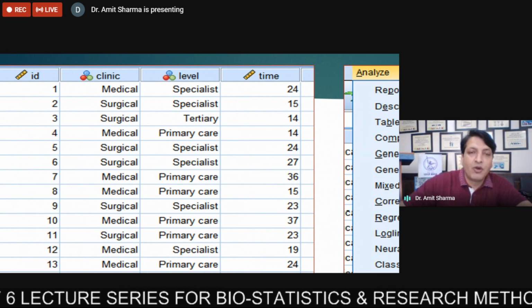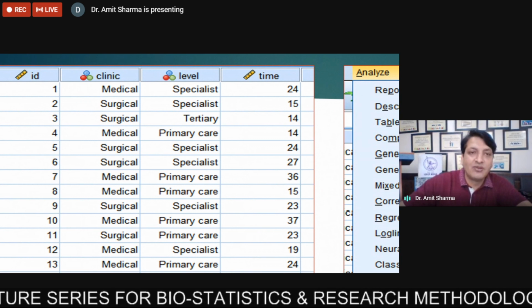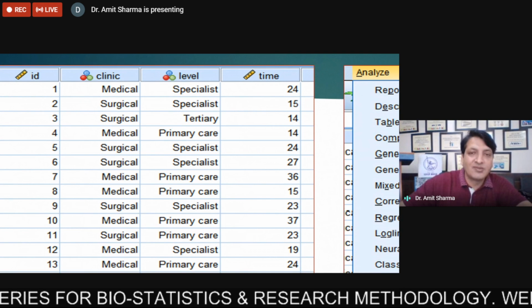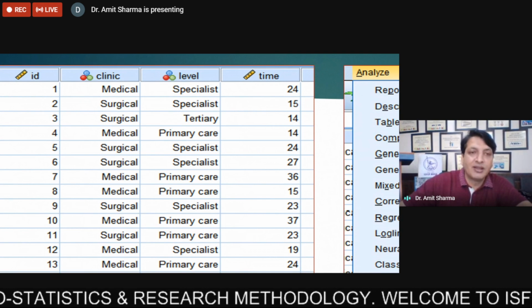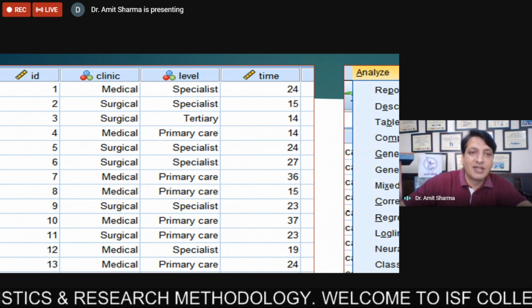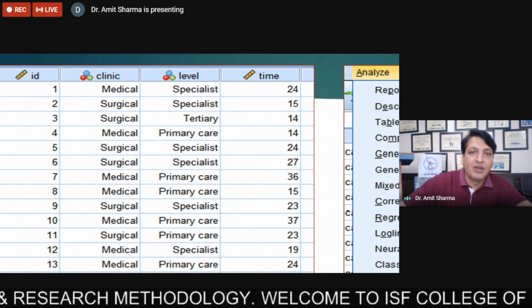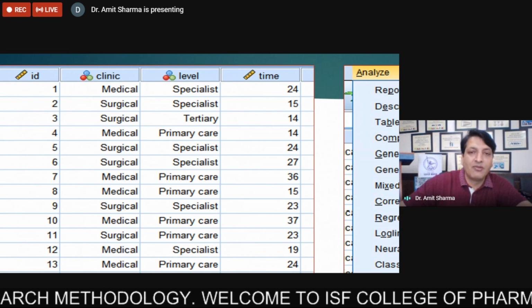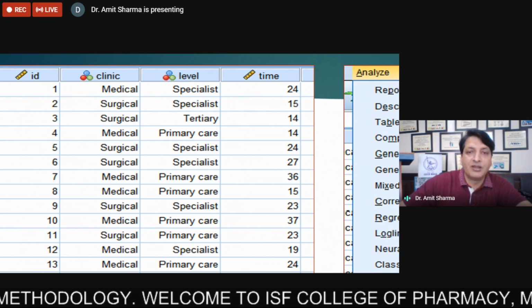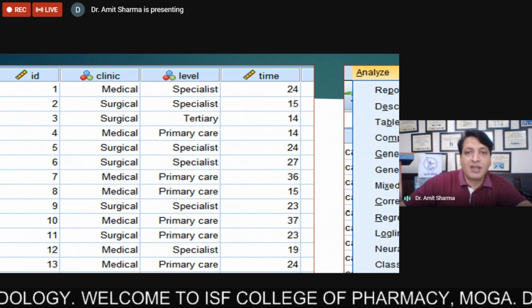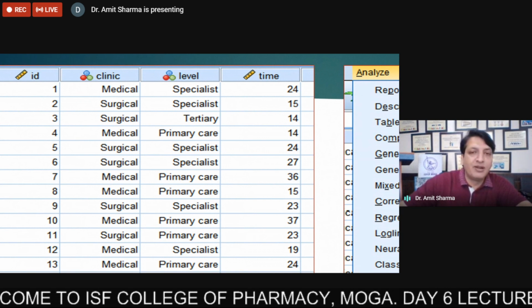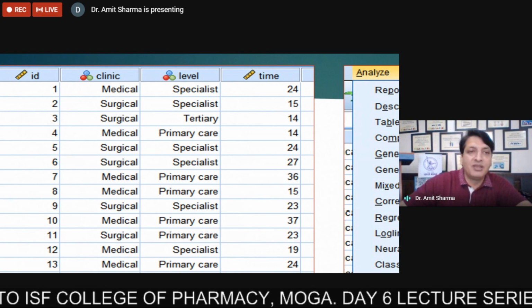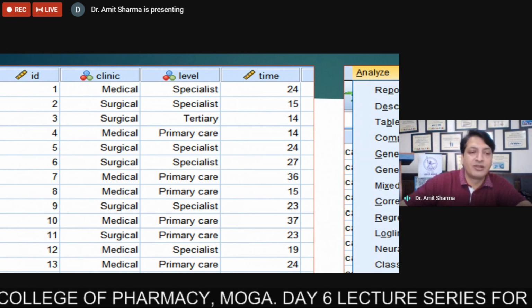So the model can be designed in such a way that you can use the clinic as well as the label. But if you want to get results of only medical and surgical, then you have to apply Mann-Whitney U. And if you want to find the difference between these three, then you have to apply the Kruskal-Wallis. So like this, you have to make a model for your project, that this can be one of the objectives of your